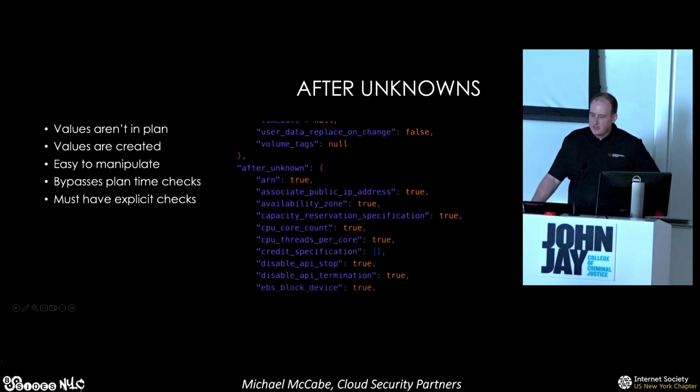So if you think about your Sentinel or your OPA that runs on your plan, if these values aren't known, how do you validate those things? It's basically a way to bypass all of your security controls at that point. So if you run a Terraform plan, but all these resources, in this case, there's an ARN that's after unknown as true. If those are after unknown,